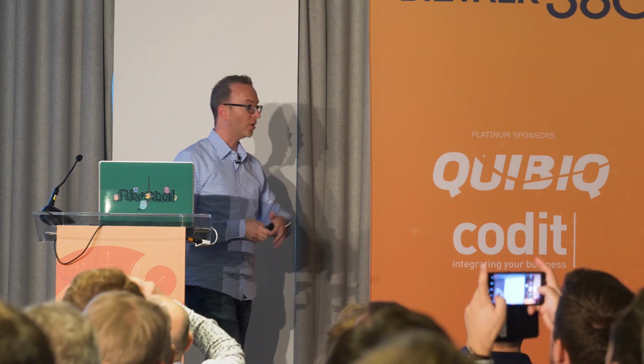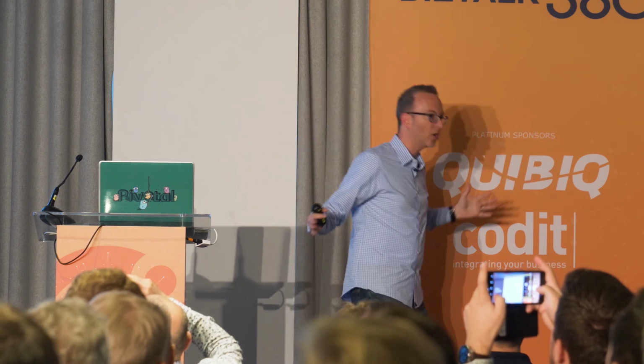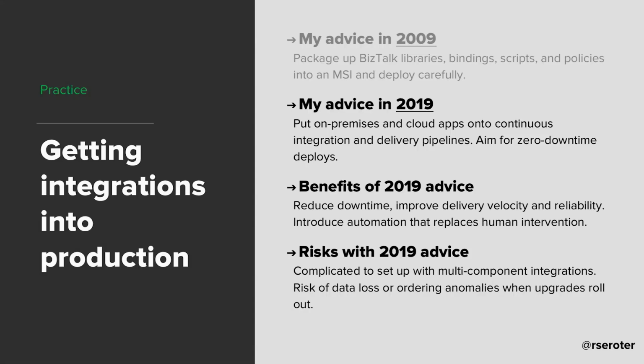If I have an integration that involves this, calling this, and these all have to move together, not to mention, do I lose stuff in flight? So that all of a sudden I have some data loss, I have some weird ordering that happens because things fall out of sync. That's a real thing, right?